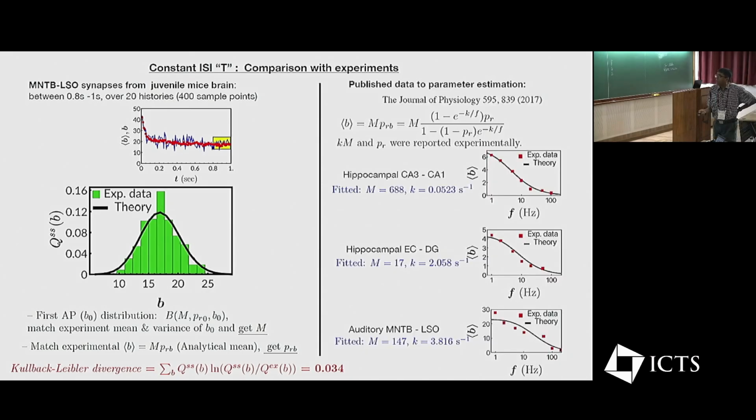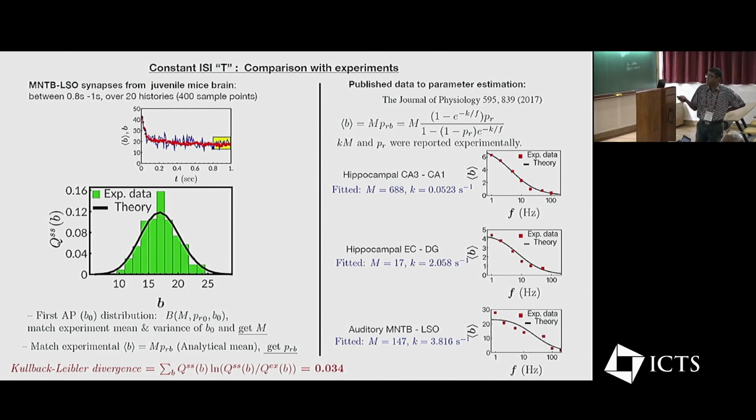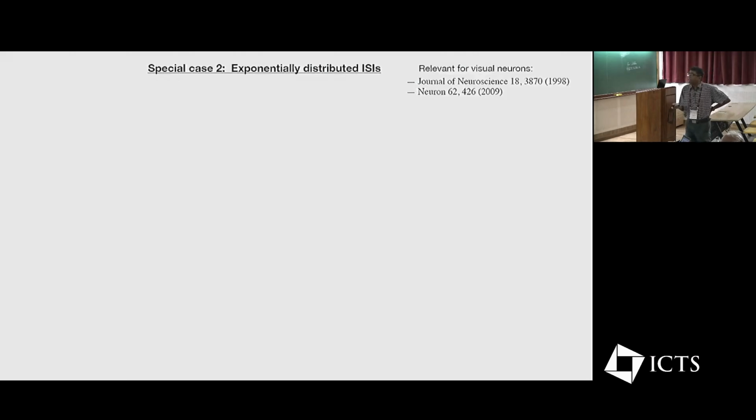It is small. Then of course, since you knew that this functional form is like this, dependent on the frequency, we looked at the data published in the literature for 3 different synapses. We saw these data points were available. We put our theoretical curves. They seem to be matching well. And then we sort of moved to more